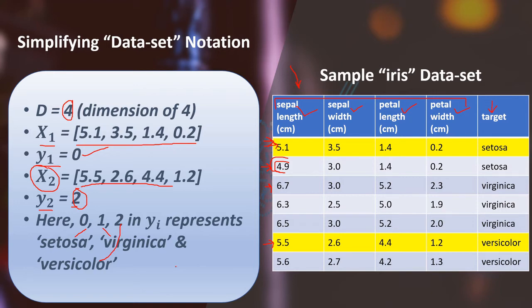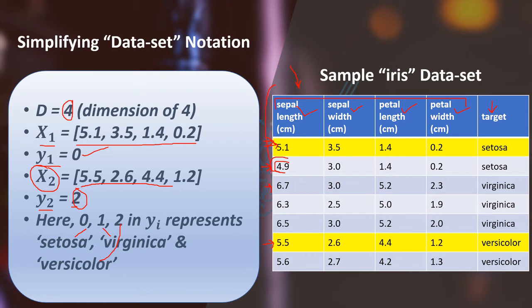So obviously there are many techniques by which you can convert any textual value to numbers, but this is one of the simplest forms. In coding language, it is called an encoding technique, which is called a label encoder. I will come to that part, don't worry. So this is how we have converted our text label data into numerical data. Okay. So I hope now the notation is very clear.